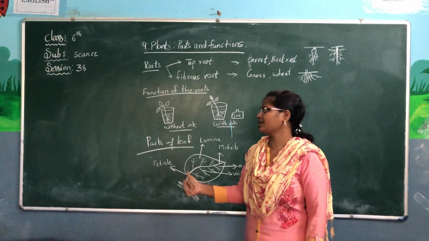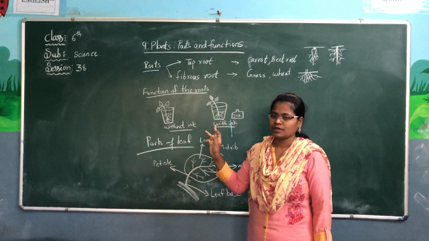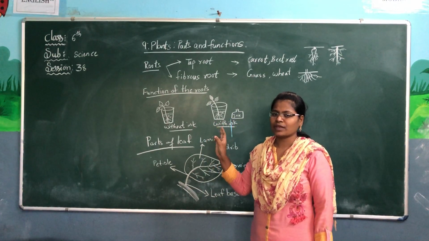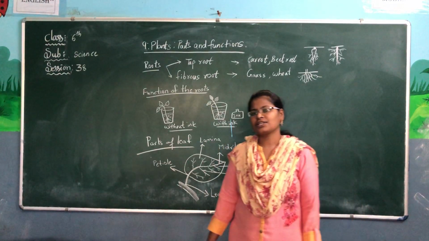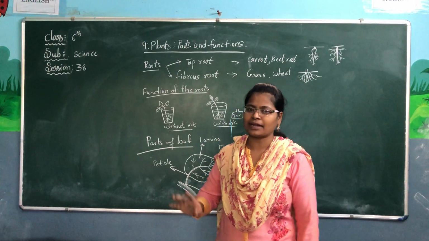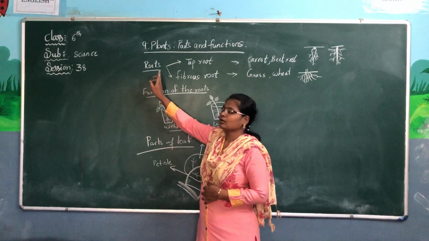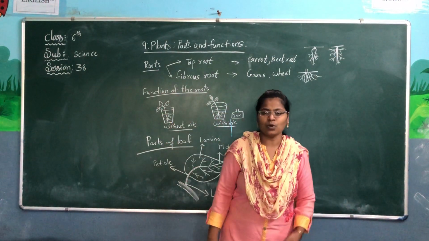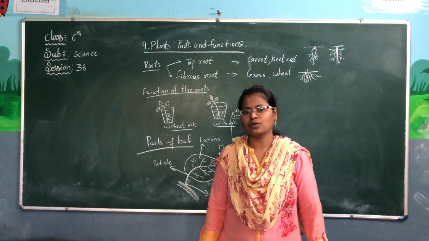I have drawn a few pictures. Observe them carefully. By showing the pictures, I will explain to you. Listen carefully. When you are listening, you will completely get it. Yesterday I told you we will learn in detail about each part of the plant. First, today we are going into detail about the roots. Okay, roots. There are different functions of the roots.